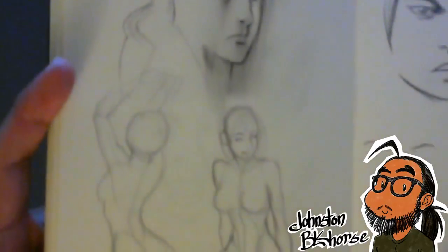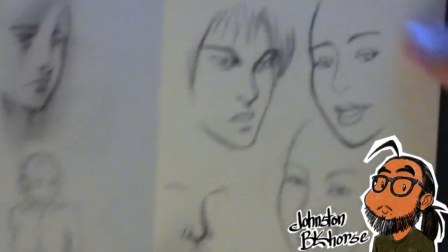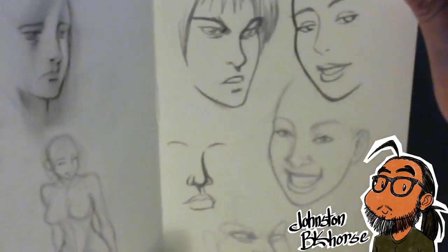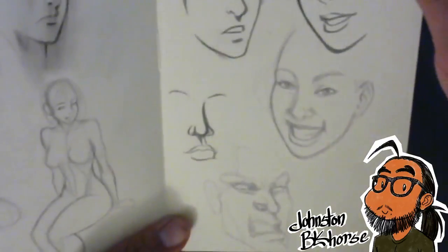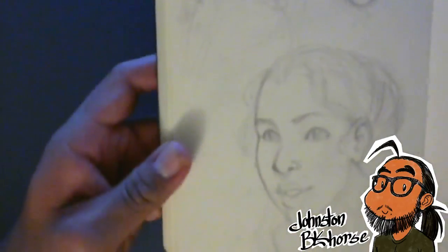More female figure faces and figures. More face doodles. I think these were done with a brush pen, probably the Faber-Castell brush pen that I bought. I think I bought a few of them. Here we have a few more faces, and I better